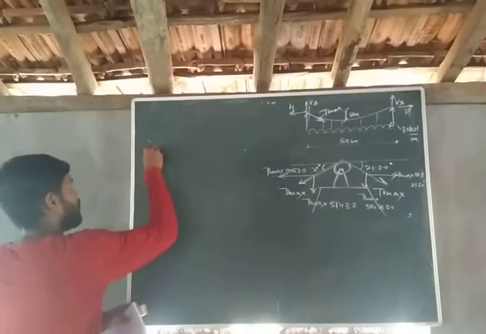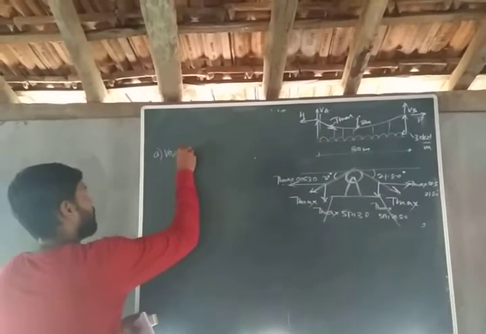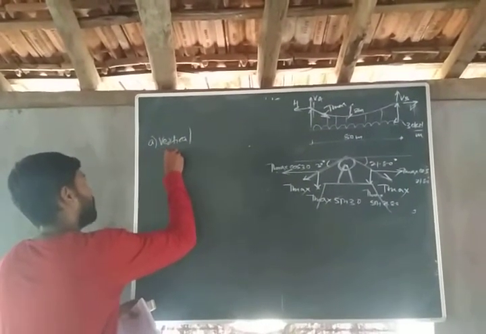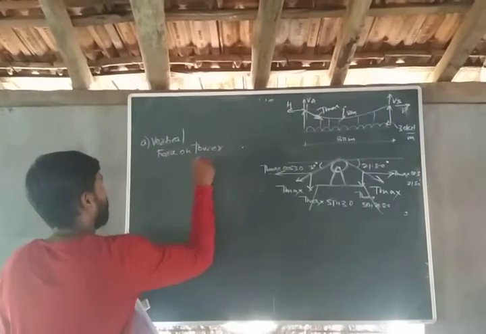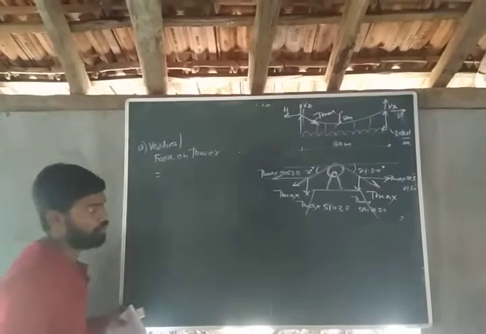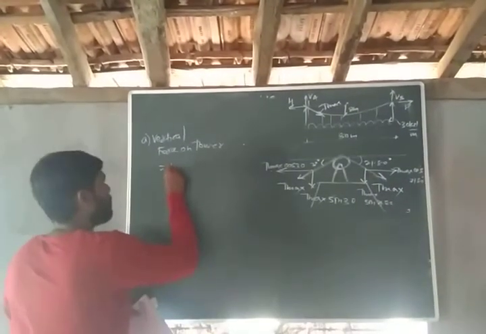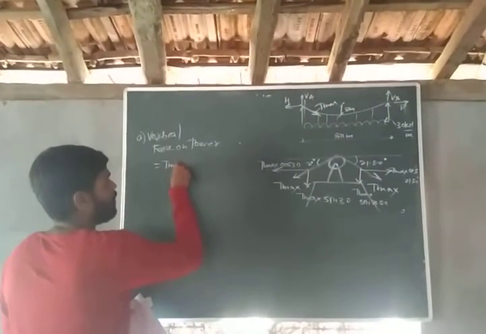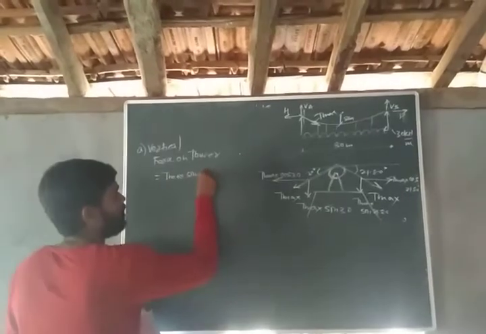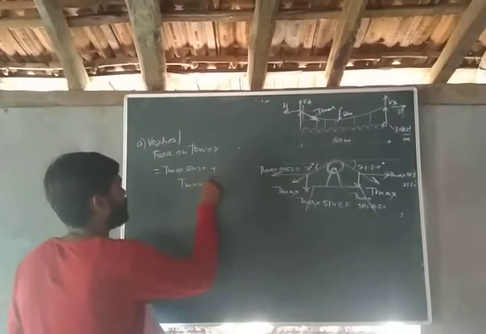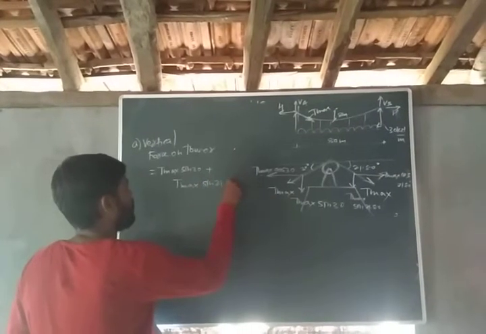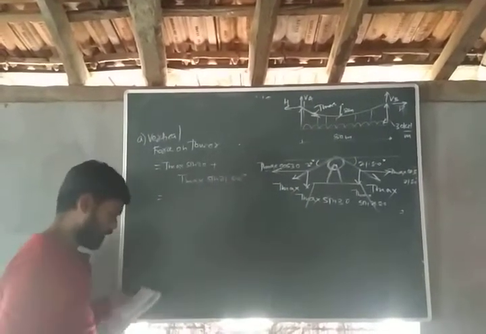So first I will calculate vertical force on tower. So vertical force on tower is equal to T max sin 30 plus T max sin 21.80 and it comes to